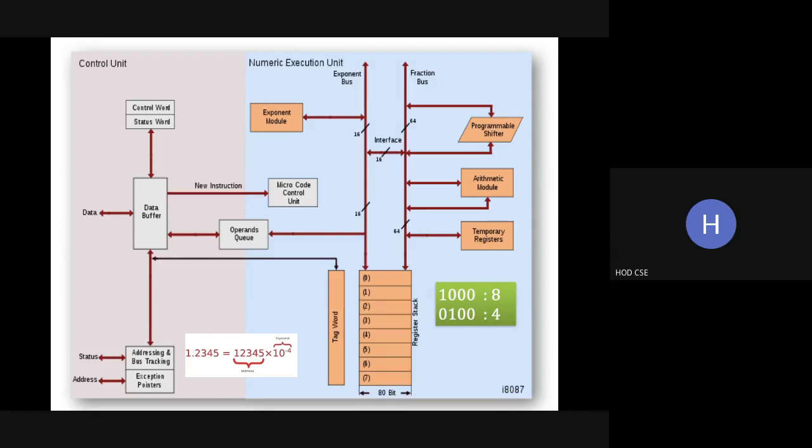In the remaining classes, we'll be seeing all the control registers and status. Hope students are able to follow? I will be repeating this architecture again in the next class, okay? So today we saw the multiprocessor configuration, that is, coprocessor, closely coupled and loosely coupled, and then the bus arbitration and a part of 8087.